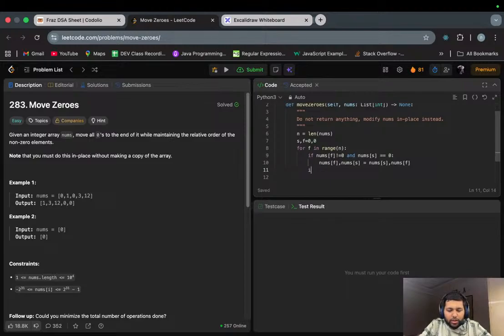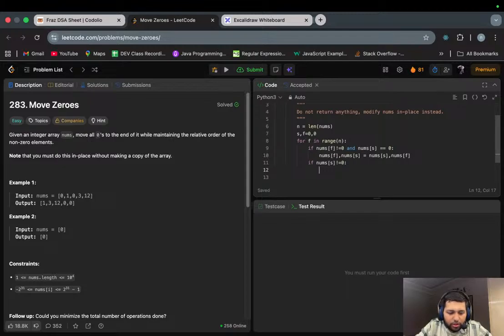else नहीं, एक हमें else में नहीं चेक करना है, हमें स्लो पॉइंटर को तभी मूव करना है if nums at s is not equals to 0, then we need to move s plus equals to 1। नहीं तो हमारा f तो प्लस हो ही रहा है, तो हमें f को असाइन करने की ज़रूरत नहीं है, क्योंकि वो अपने आप ही स्टार्टिंग से 0 असाइन होगा। ठीक है,